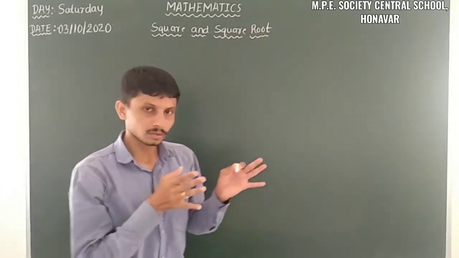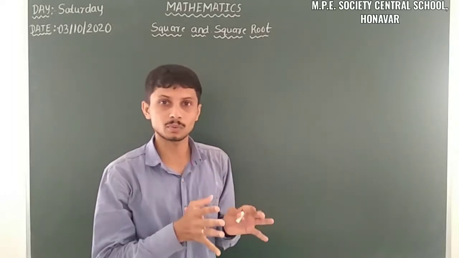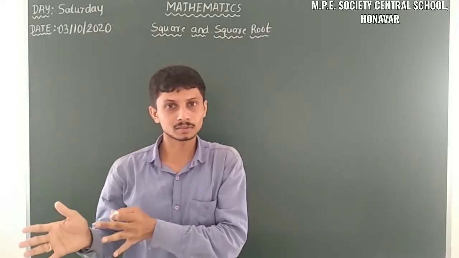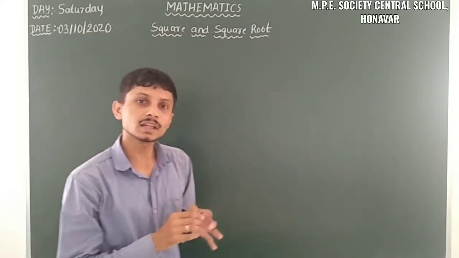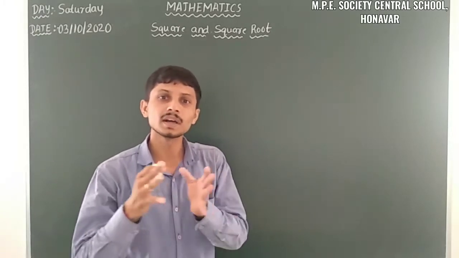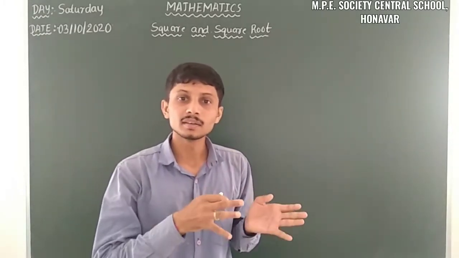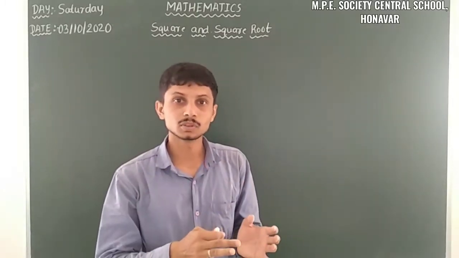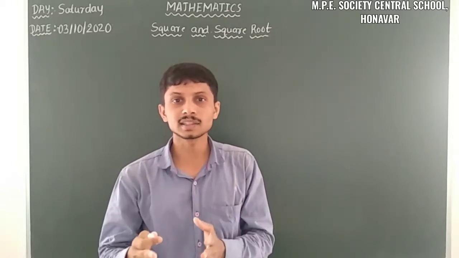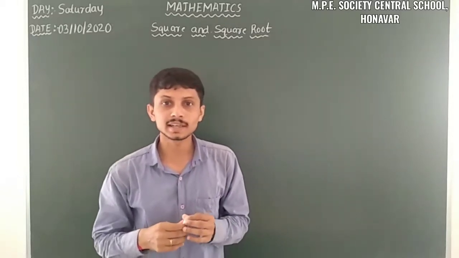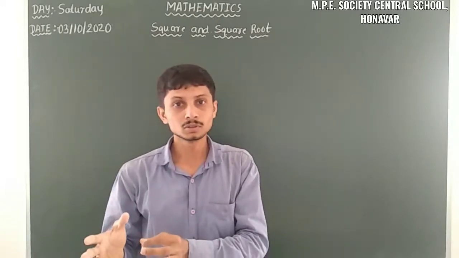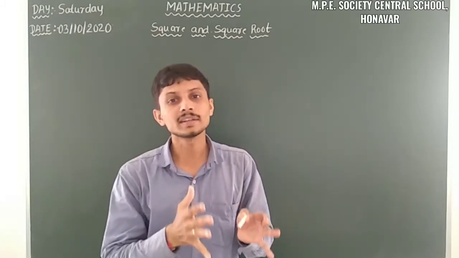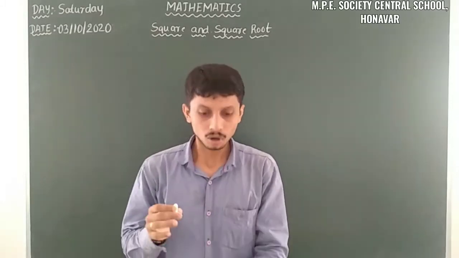So in mathematics, we have the word square in two ways: in the arithmetic part and in the geometrical part. In the arithmetic part, a square means the multiplication of identical numbers. And in the geometrical view, we have a shape of square, that means all the sides are equal. We already learnt this in understanding quadrilaterals. Here the arithmetic square and geometrical square are quite related. Let us know how it is related.